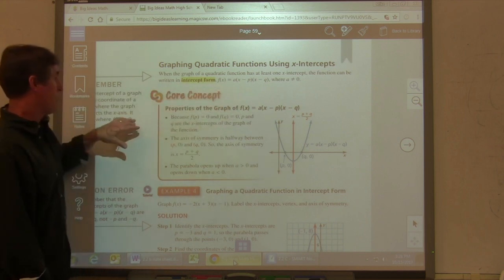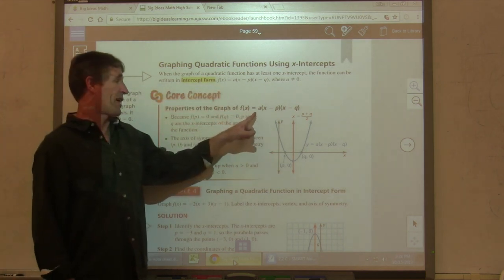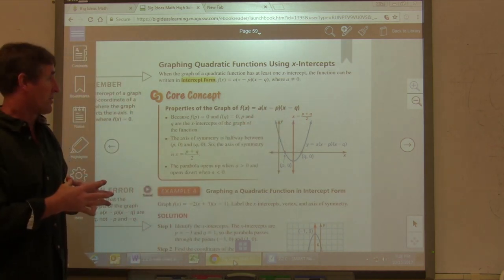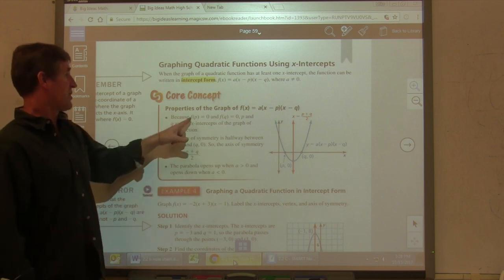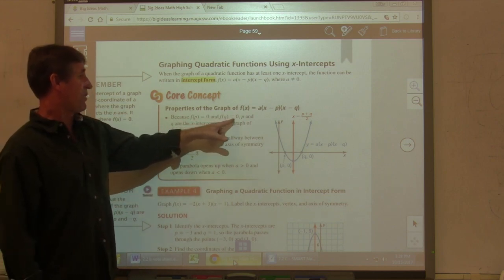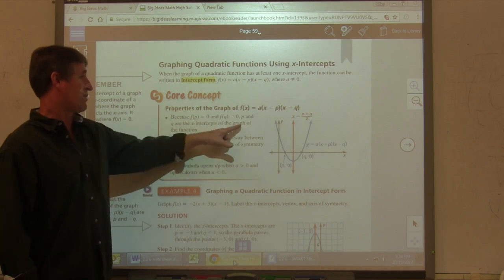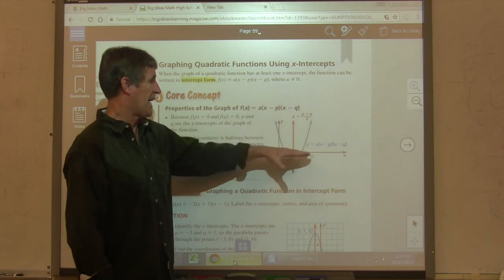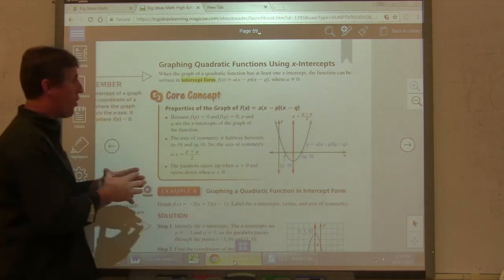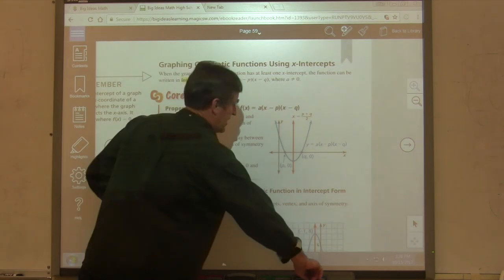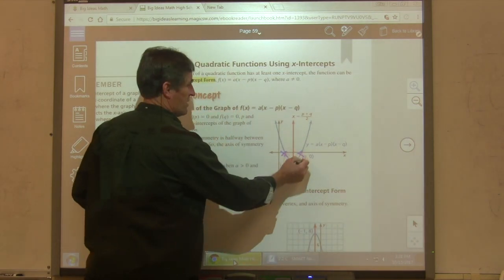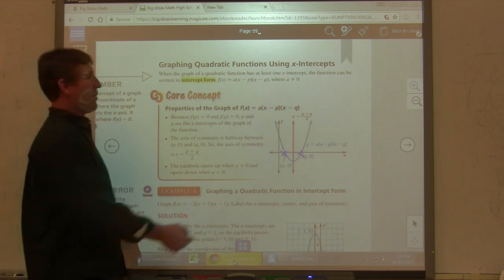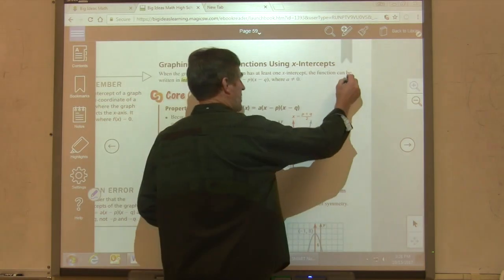Again, we've got the intercept form. So properties of the graph of f of x equals a times x minus p times x minus q, which is our intercept form. Because f of p equals 0 and f of q equals 0, p and q are the x-intercepts of the graph. So remember, the x-intercepts of the graph are where it crosses the x-axis. And so if we know where it crosses the x-axis, in this case we've got these points here, which we don't know what p and q are right now, but we do know that when we draw our parabola, whether our parabola